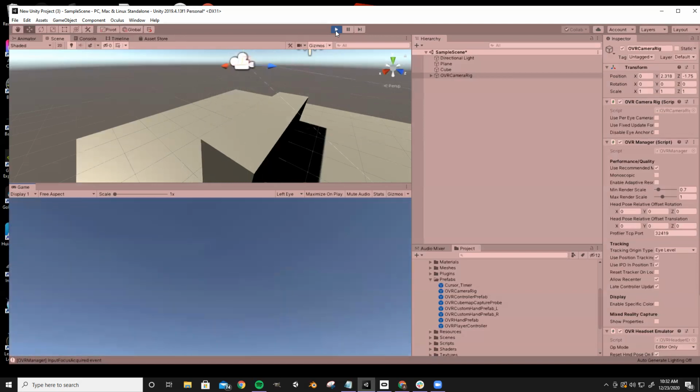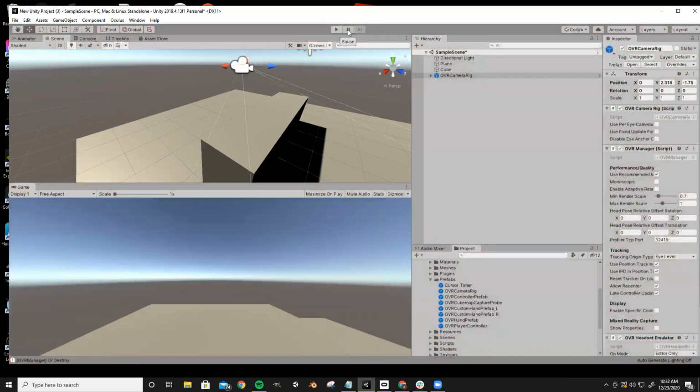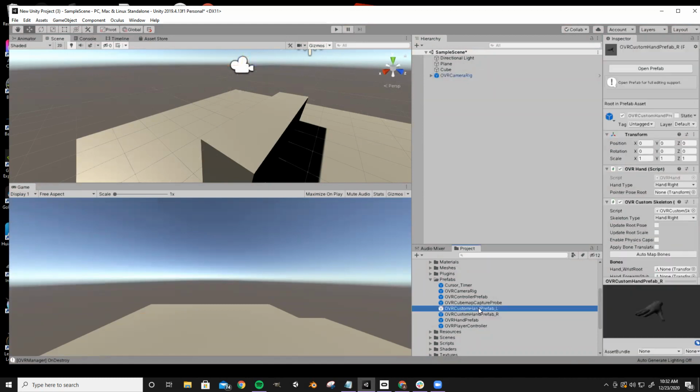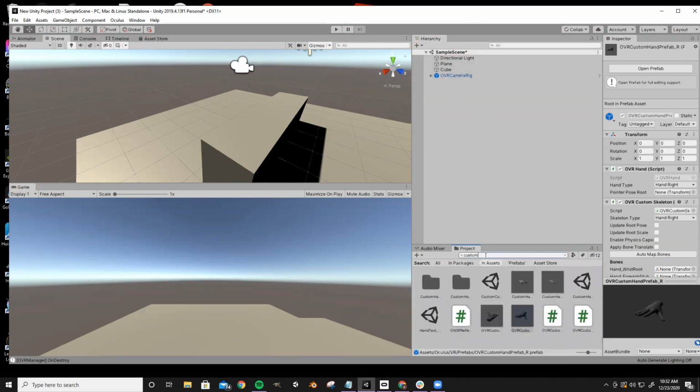So we're going to put some hands in. If you look at the prefab, you have an OVR custom hand left and right. These actually don't animate nicely right off the bat. You have to do a bunch of extra stuff. But we do have, if you type in custom hand,